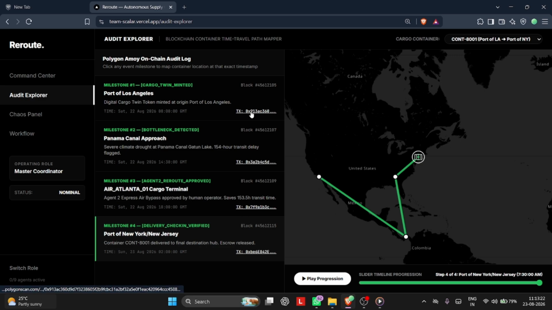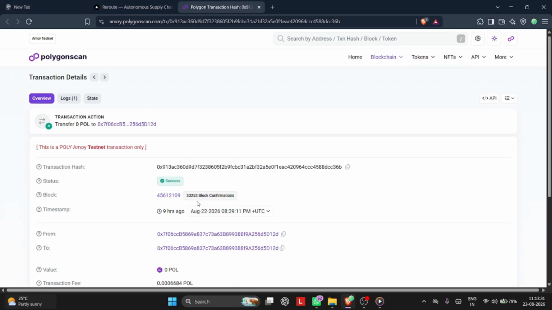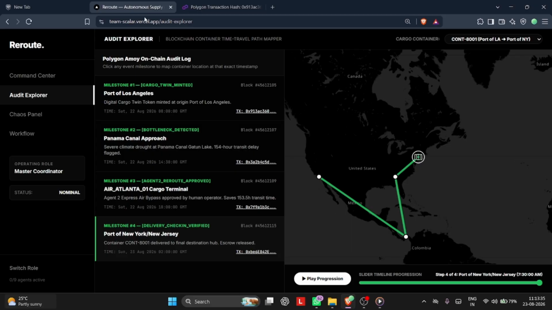Then here you can see there are tokens. There are blockchain tokens. So we have deployed this on a blockchain, so nobody can tamper with it. So when we click this, you can see this is deployed on Polygonscan, and here you can see all the routes it took, or all the terminals